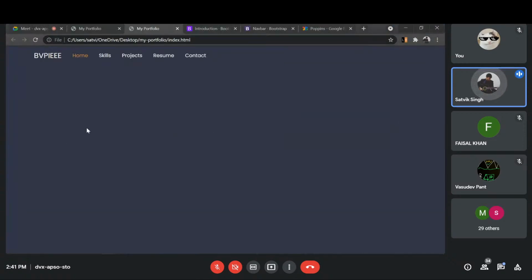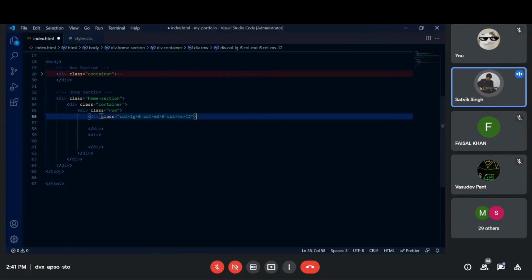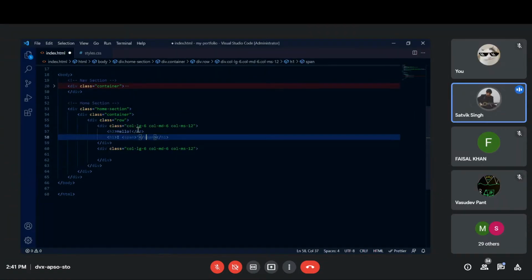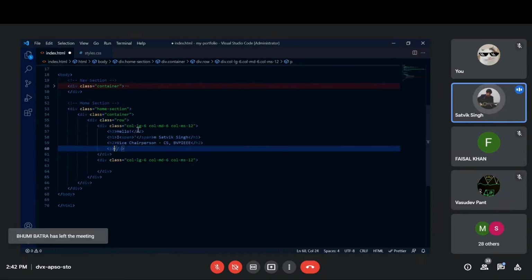So what will happen is, if we insert something in the first column and the screen is large, it will actually cover only half of the page. So we're going to take this class and we'll also assign it on the second column. Wait, in a second. I'll just give an apostrophe here. And then I would say that I am fixing, which you can replace with your own name. Okay, then I'll have speed